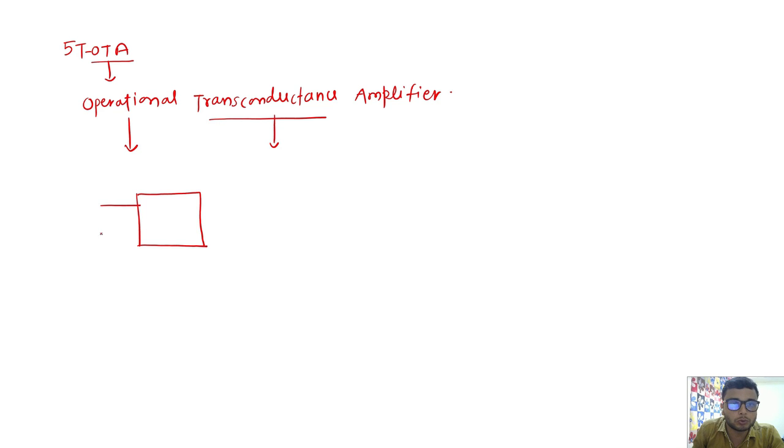It takes the difference of two quantities. This 5 transistor OTA internally, at transistor level, has 5 transistors, and I'll tell why it is a transconductance amplifier. It takes the difference of two voltages, V1 and V2, in a block whose constant is K, and depending on it generates some quantity, let's suppose X. This X is defined as K times (V1 minus V2),